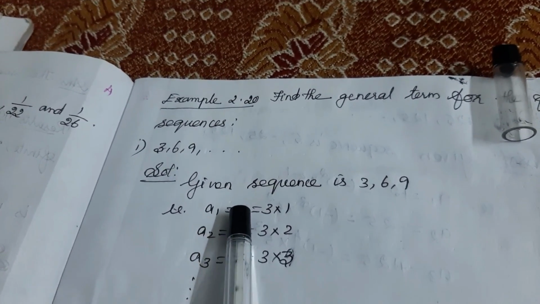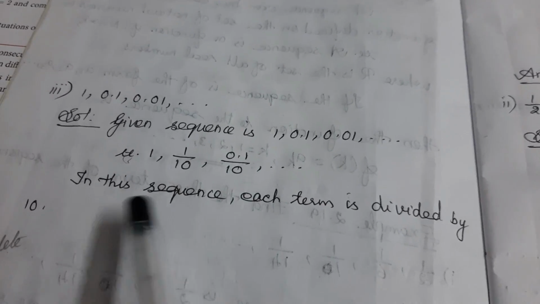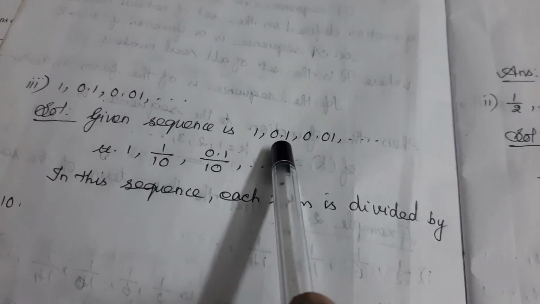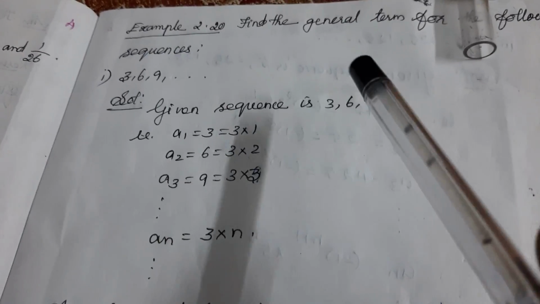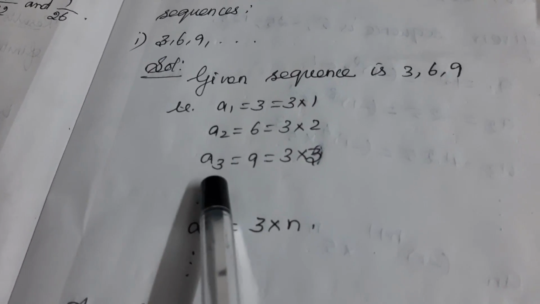Next, again the first term. But the previous sums, we related with the previous term. You see, the third term we wrote using the second term. That type of sum is done for finding the continuous terms. Don't confuse. Relating the previous terms is for finding the continuous terms. But this question is to find the general term, so you relate with the number of the term. It is easy. It is correct.